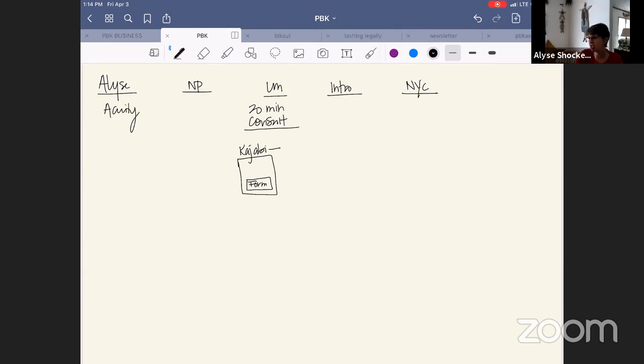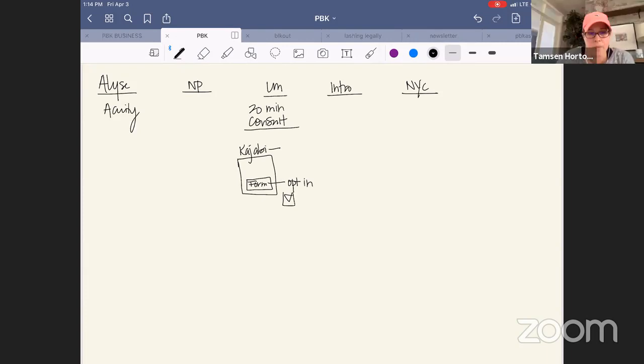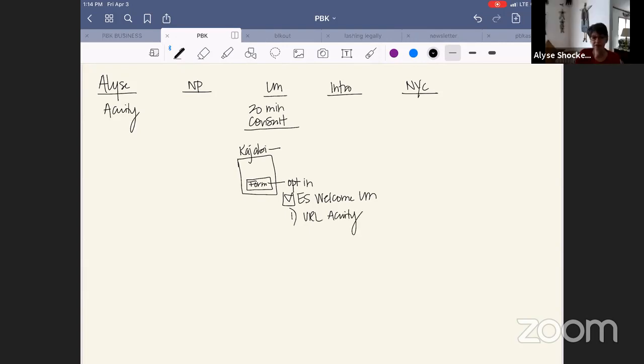They're opting in, and then they get the link to schedule that appointment. Okay, so I opt in, and I'm on the welcome lead magnet sequence. Let's say it's email 1. This has the URL for Acuity, correct? Yes.